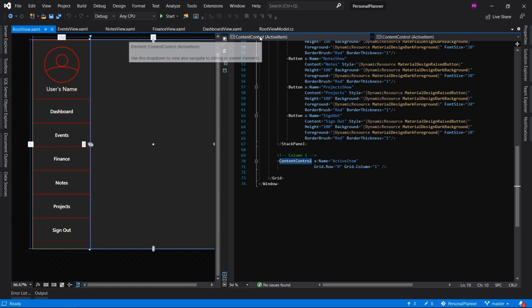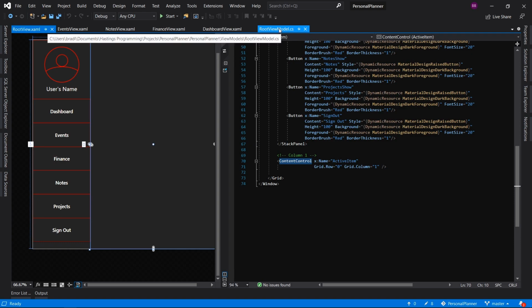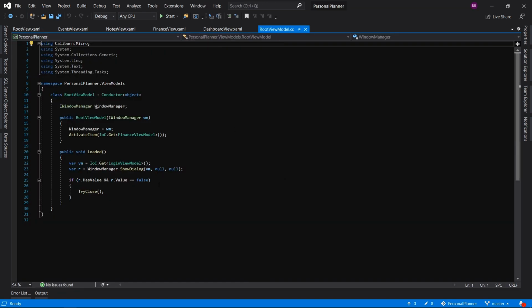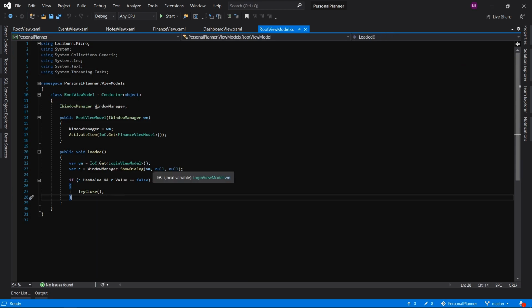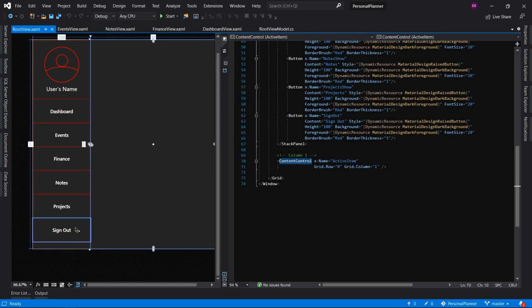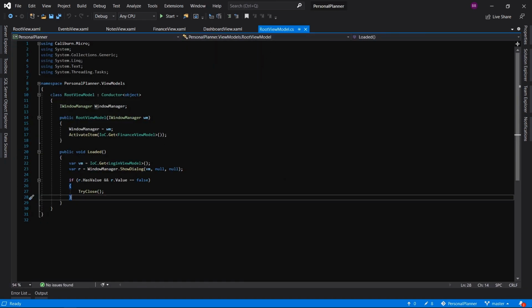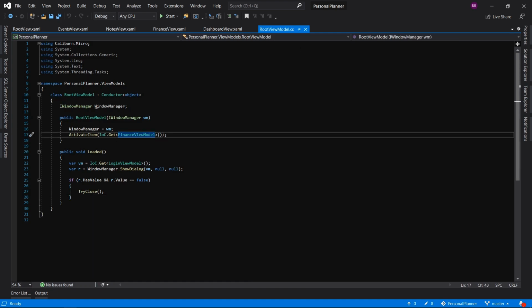So what I'm going to do is go into my root view model, because this is the root view where my navigation is. I can come into here, and one smart thing that I should do before I even think about making these buttons do anything other than the sign out one, is I want a way so that I don't have to keep on loading up new views, which is what I've done here. So basically, what this has done is